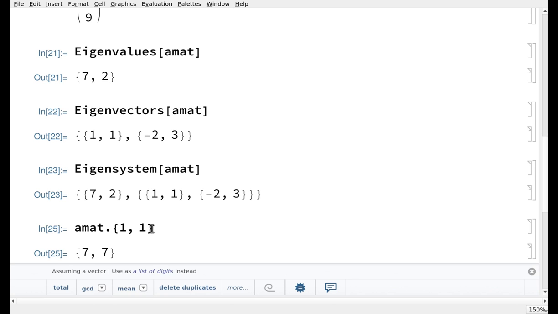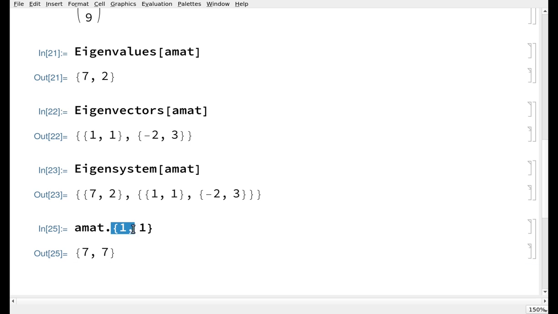So what happens is that Mathematica, when you try to multiply it by this list, realizes that you can't multiply a matrix by a list. So what you must have meant was to multiply this matrix by the vector 1, 1, and it reinterprets this list as a column vector, right? Sometimes it does nice things like that for you, and sometimes it doesn't. So you might have thought that it would interpret AMAT times 1, 1 as a matrix multiplication, the matrix times a vector, but it didn't. So you have to explicitly tell it you want to multiply